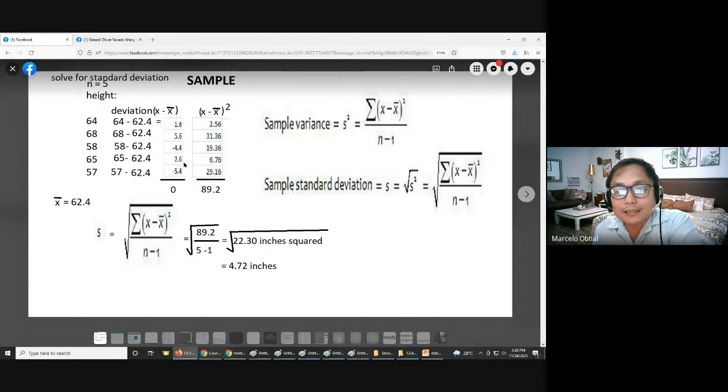If you get the summation, dapat equal to 0. You try with your calculator class, no? Dapat equal to 0. And after that, since nasa formula, ito yung formula sa gilid, sa taas, the same with the population variance standard deviation, you need to get the square of each deviation, no? So square of 1.6 squared is 2.56. No? 5.6 squared will give you 31.36, okay, and so on and so forth.